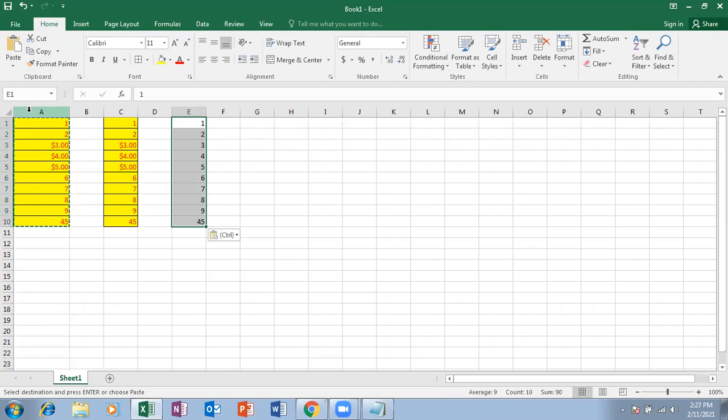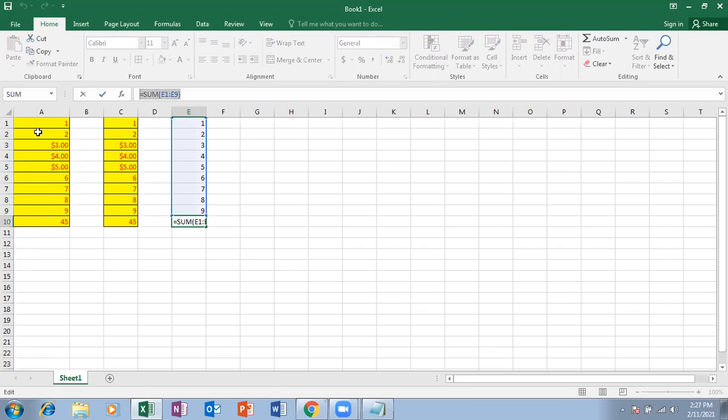That means the formatting will not be carried. Only the content and formulas. See here, the 10th, where I'm having 45, the formula is carried here. The formula will be carried and the contents in those 9 cells or 9 rows will be carried. So no formatting, nothing else.